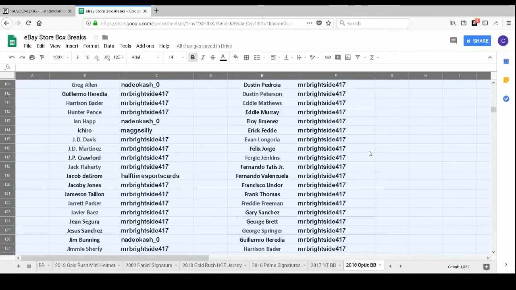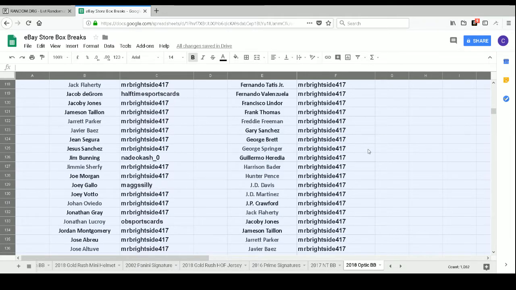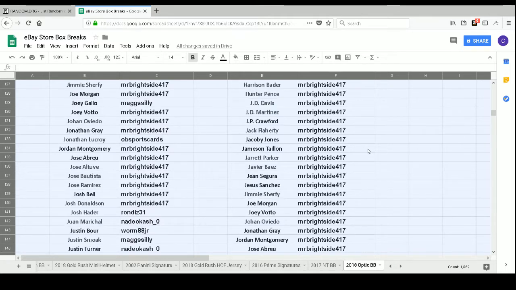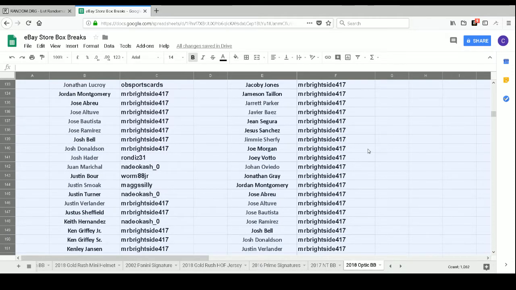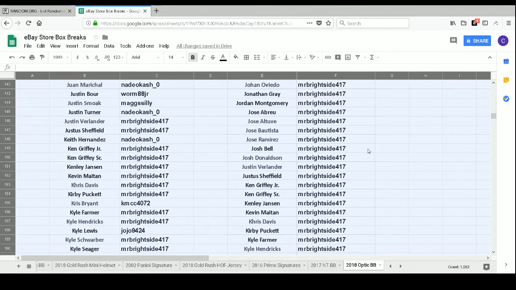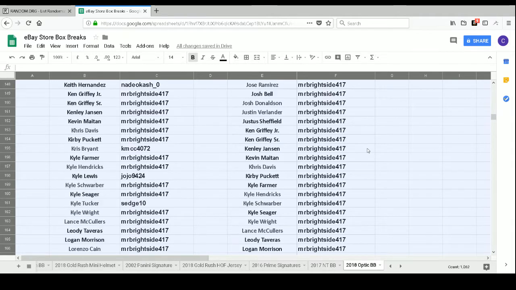Evan Longoria, Felix Jorge, Fergie Jenkins, Fernando Tatis Jr., Fernando Valenzuela, Francisco Lindor, Frank Thomas, Freddie Freeman, Gary Sanchez, George Brett, George Springer, Guillermo Heredia, Harrison Bader, Hunter Pence, J.D. Davis, J.D. Martinez, J.P. Crawford, Jack Flaherty, Jacoby Jones, Jameson Taillon, Jarrett Parker, Javier Baez, Gene Segura, Jesus Sanchez, Jimmy Shefferly, Joe Morgan, Joey Votto, Johan Evadio, Jonathan Gray, Jordan Montgomery, Jose Abreu, Jose Altuve, Jose Batista, Jose Ramirez, Josh Bell, Josh Donaldson, Justin Verlander, Justice Sheffield, Ken Griffey Jr., Ken Griffey Sr., Kenley Jansen, Kevin Maitan, Chris Davis, Kirby